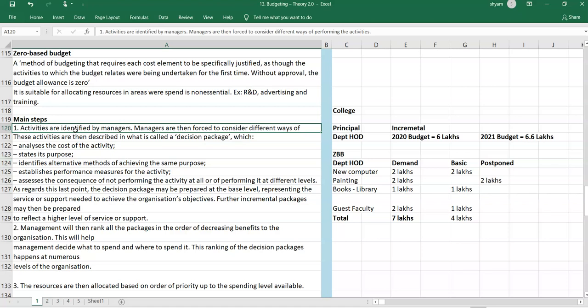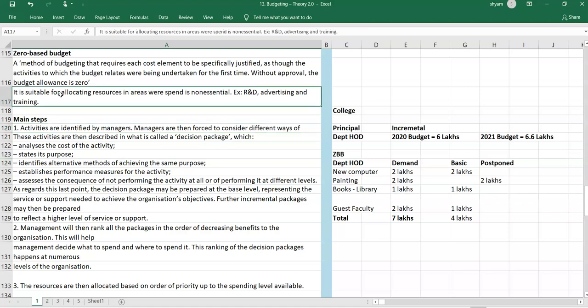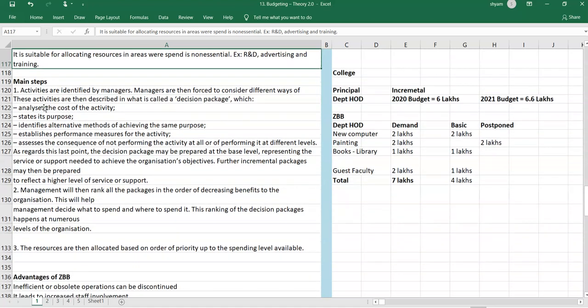Activities are identified by, I think we were here. Okay, so it is suitable for allocating resources in areas where spend is non-essential. Okay, so where there's no essential spending, we can apply this, but we can also apply it in many areas. We can apply it throughout the company also. Non-essential areas like advertising, R&D, training and all, we can compulsorily apply this concept. Okay, so what are the steps in this concept? The steps are,